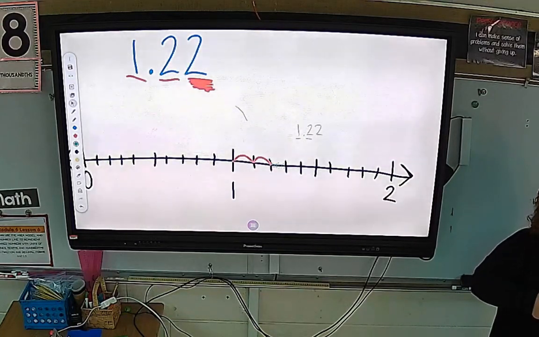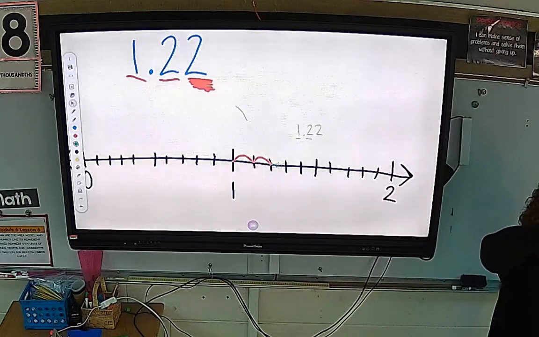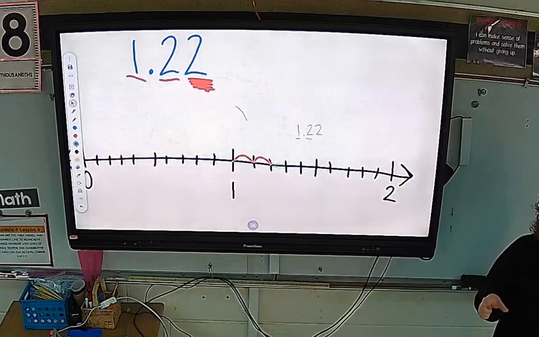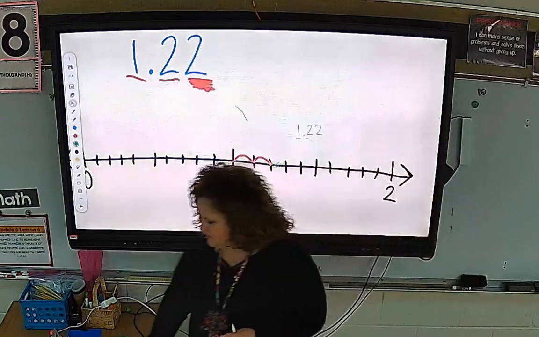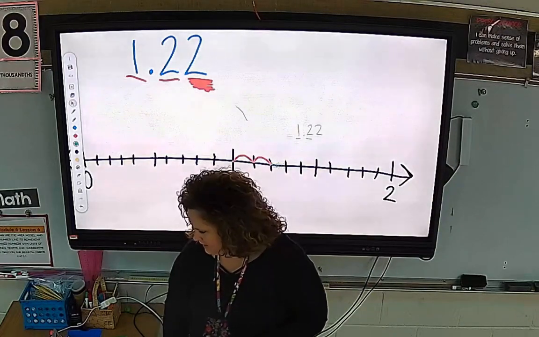I mean, ladybugs are small, but we still could have seen it. It was mainly done that way so you could see the little bitty, itty, tiny marks on the ruler because they're so close together. Okay. So this is what we're going to practice for just a few minutes.